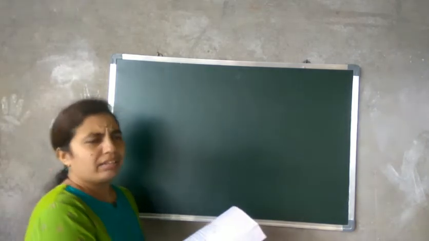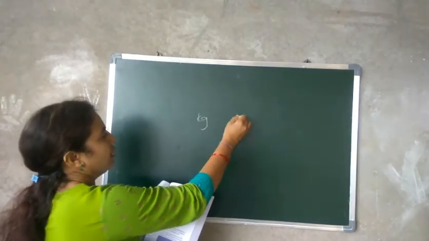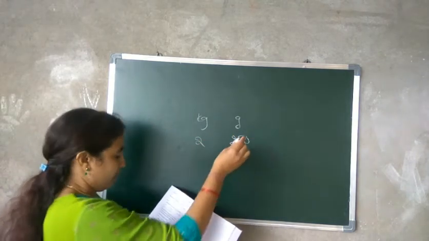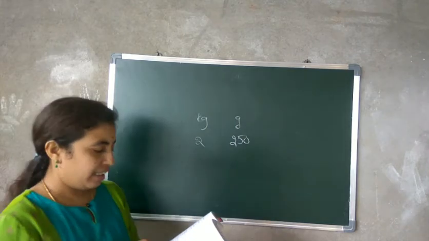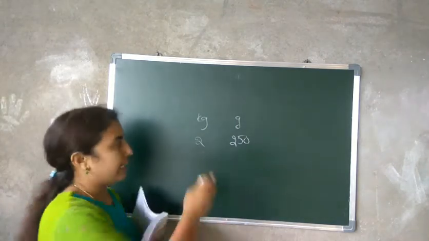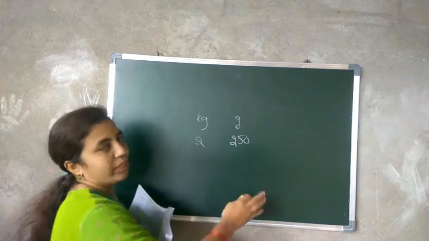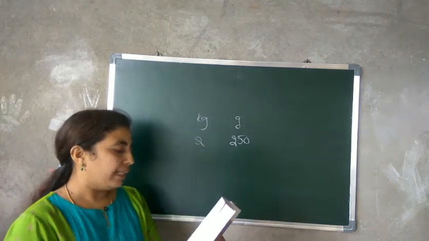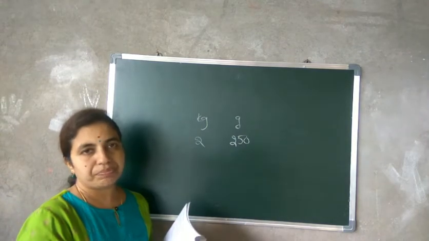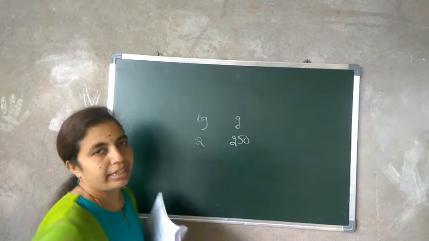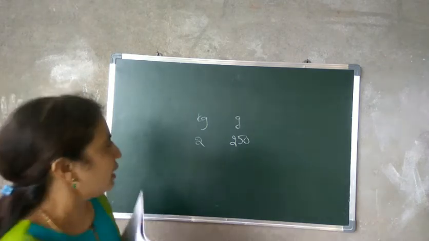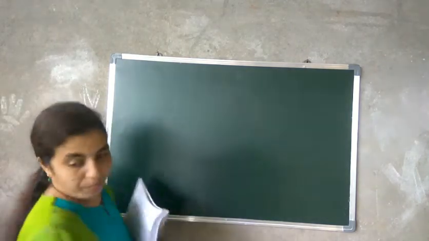See, just simply write like this: kg and grams. 2 kg 250 and then 2 kg 500 and then 750 grams only. Under kg you have to write kgs, under grams you have to write grams. Then 125 grams green chilies. How much weight did Upendra carry back to his house? Just add them and write the answer. Okay, so the 8th problem is homework for you. You have to do that one.